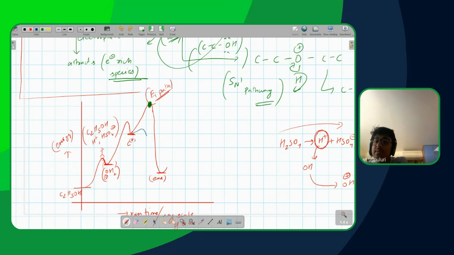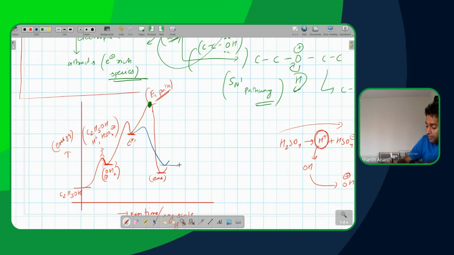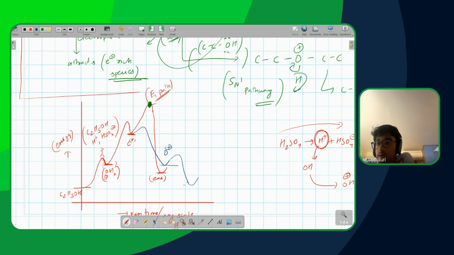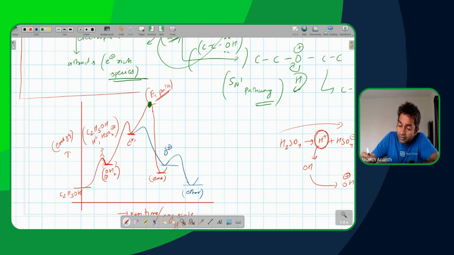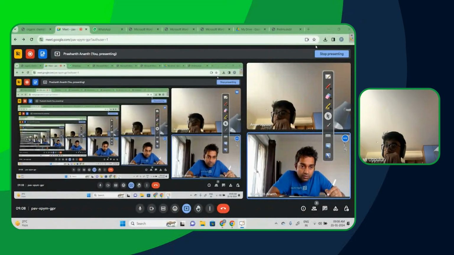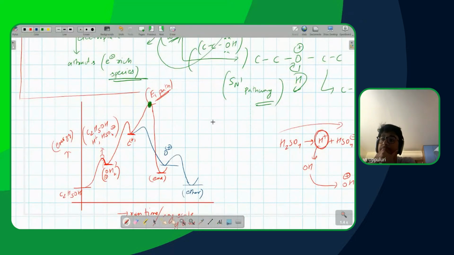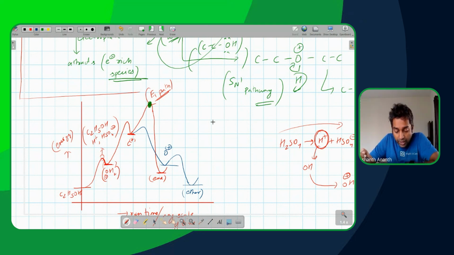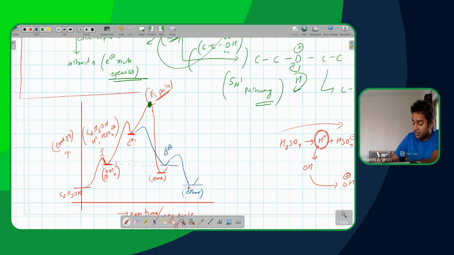Sir, but will it be more stable than alkene, the ether? You think for a second and you tell me. The first stage will get the O plus. Then the O plus will effectively end up becoming an ether, correct? What is there in the ether? Only sigma bonds. So where will it be harder to break? You understand what I've drawn here and why I've drawn it like that? Yes, sir. This O plus is supposed to be on roughly similar levels as this, and this ether is supposed to be on roughly similar levels as this.